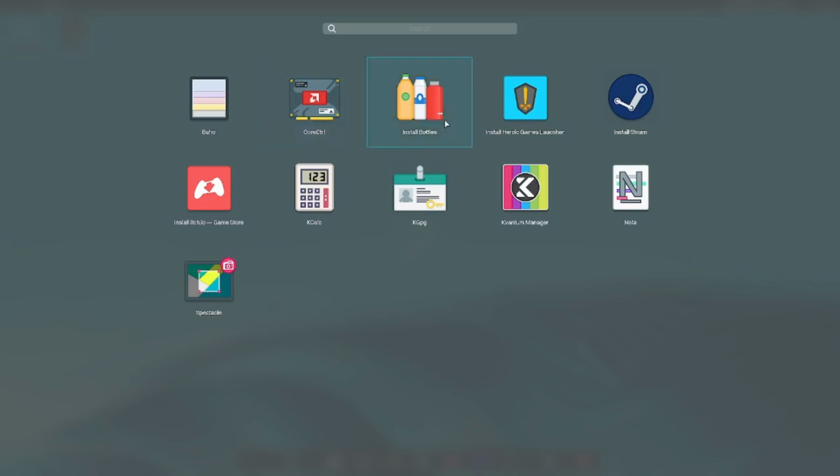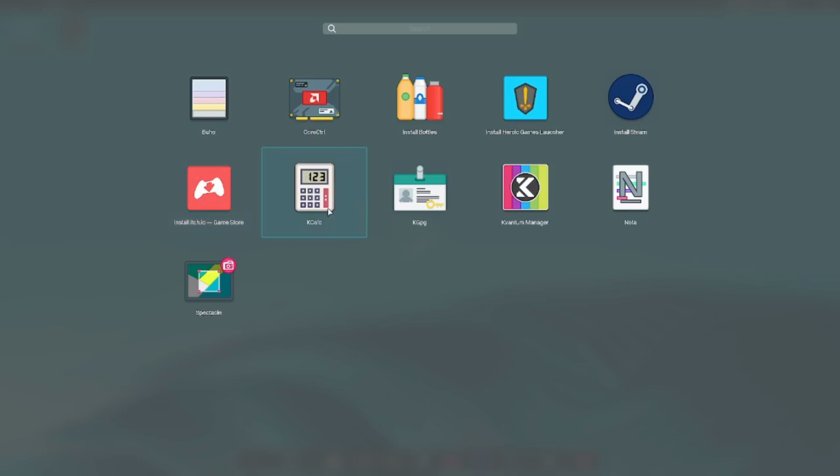Then what else is there to install the Windows app on your Linux system? Then you have got a Heroic Games launcher. So first it will install the Heroic Games launcher, and then you can play Heroic Games on your system. You can directly install Steam on your system. Then what is this? This is the game store. You can install this. So what I will do is I will install the Nitrux OS on my laptop, and then we will play some games from Heroic Games. We will play some games from Steam also if possible, and then we will play some games from the game store that is